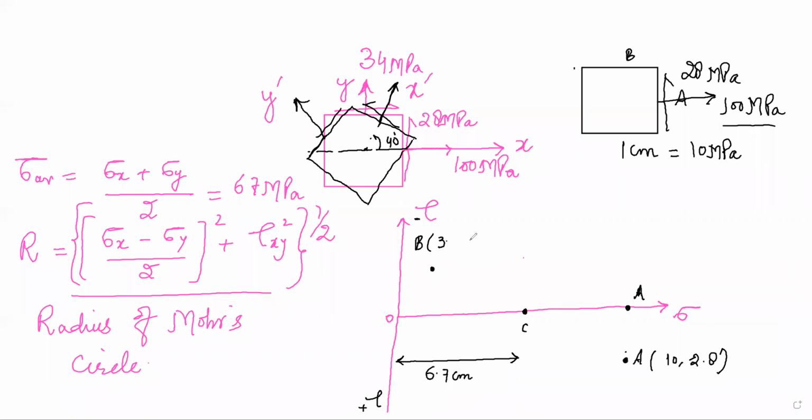3.4 minus 2.8. Okay, then what we do with C as a center and radius equal to CA, equal to CB, we will draw a circle. So what we have to do now is draw a circle. I don't know whether this circle will cross the other side or not, but if you are drawing it to scale on your graph copies, then you can clearly tell me what is happening. Okay, I will roughly draw it here.